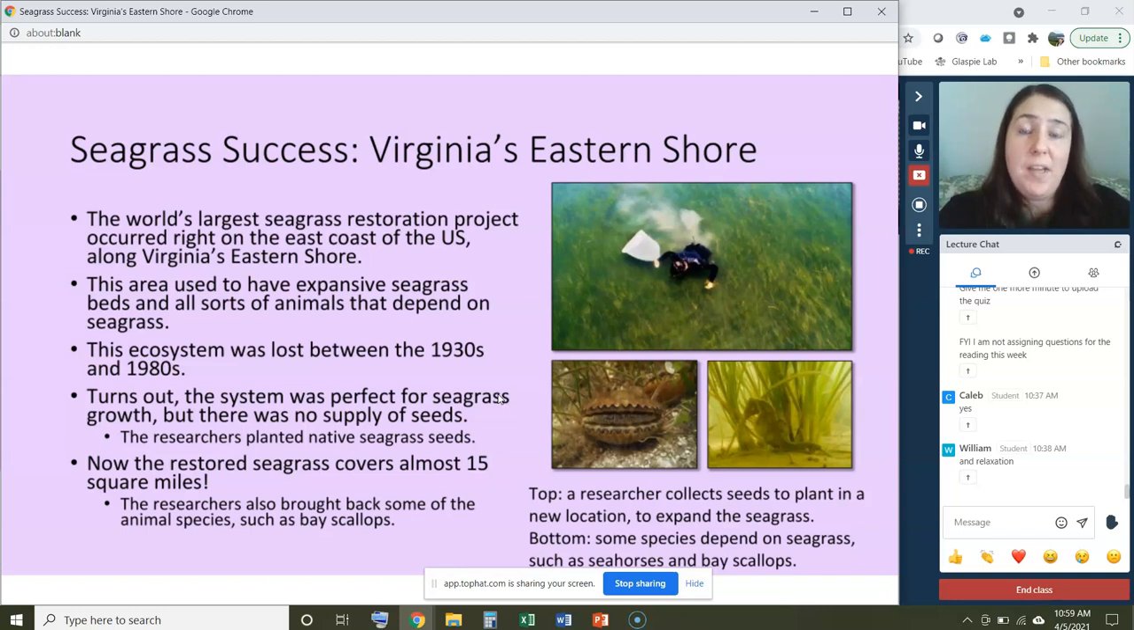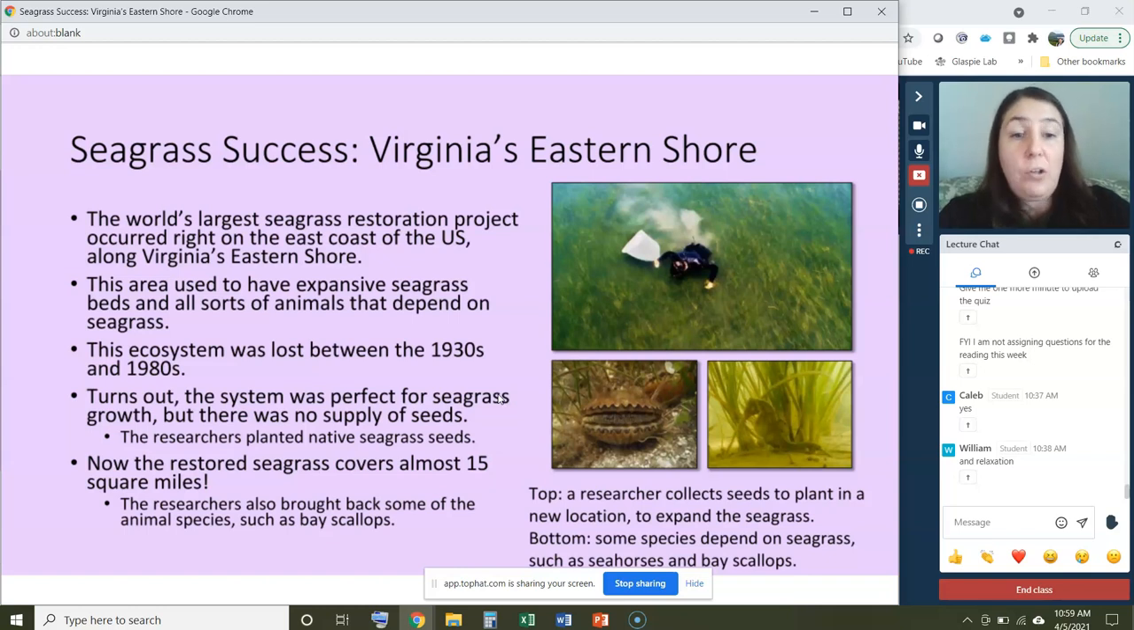So at some point, something had wiped out the seagrasses, maybe a storm or disease, and it left no supply of seed in the area. And so what they decided to do was plant native seagrass seeds, and essentially the seagrass spread out of control. And so now the restored seagrass covers almost 15 square miles, and that whole system has been restored to its previous